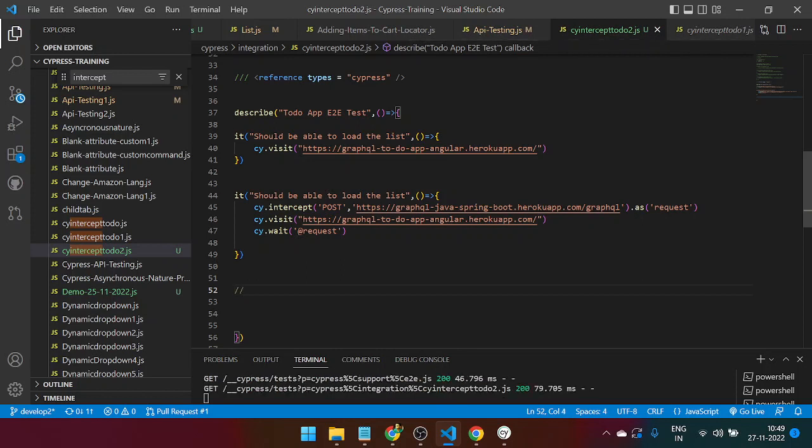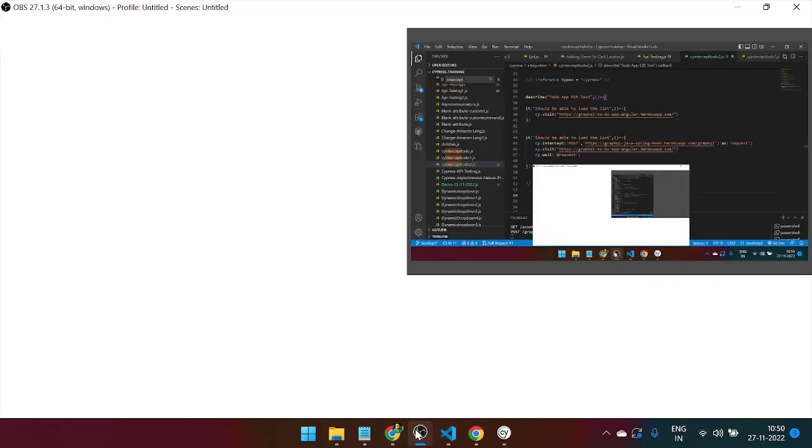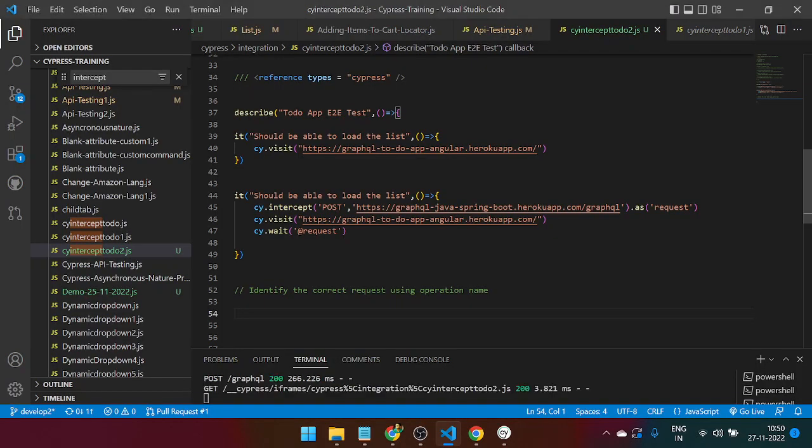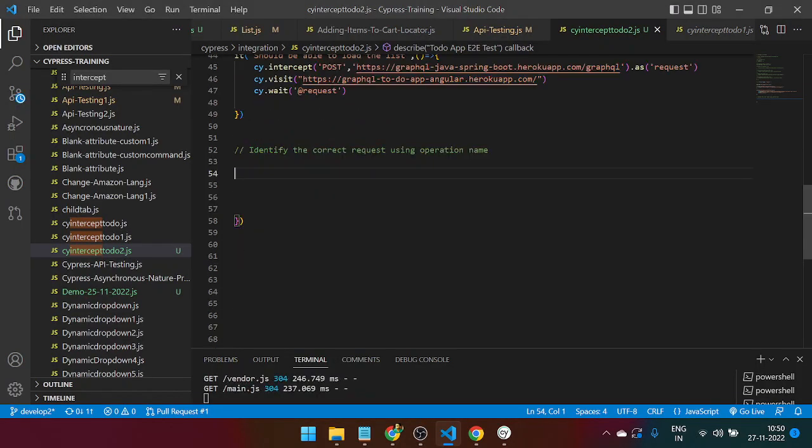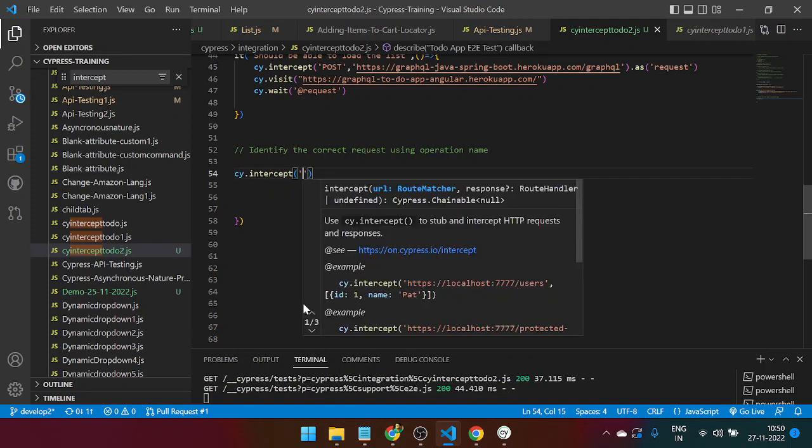So I'm just writing this one: identify the correct request using operation name. Okay, so identify the correct request using operation name here. What we'll do is use cy.intercept, and inside the post,